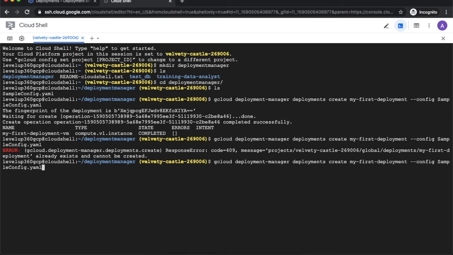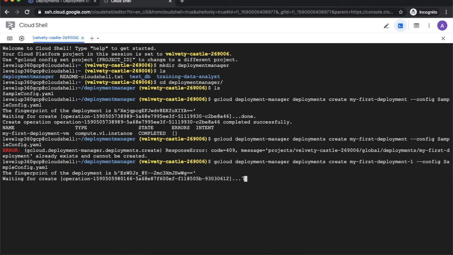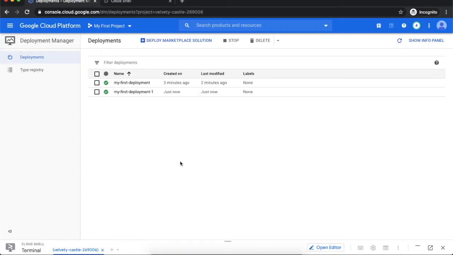What if I will rename my deployment but keep the same configuration file? So let's choose it like -1 and hit enter. And we are getting message that it's ready to deploy the deployment. Let's wait until the deployment will be done. And in the deployment manager, we are getting both of my deployments. If we will go to the compute engine,